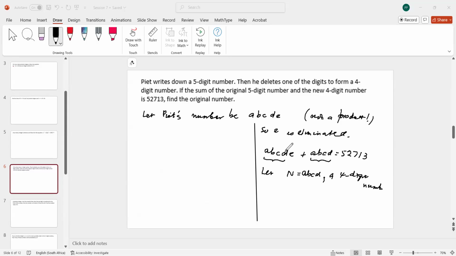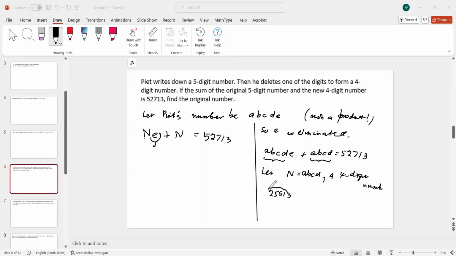All right. So let's rewrite this thing. You got N, which is this 4-digit number, with the E, plus N, is 52713. And this is not a product. The units digit is E, and that number is N. You can write this thing in terms of N and E. Like for instance, if I got a 4-digit number like 25613,